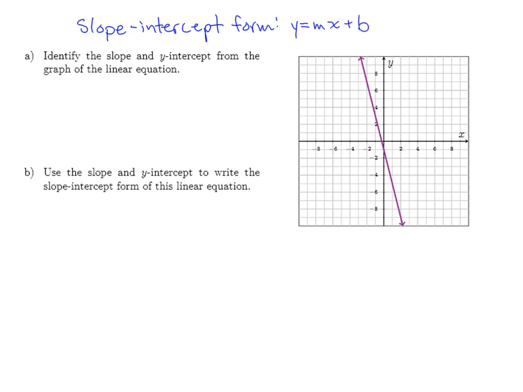So looking at this graph, we're going to want to find a couple of points, and as we look at it, we want to be certain that these are points on the graph. If we pick something almost on the graph, our slope won't be accurate. So I'm going to look for places that this line intersects a couple of grid lines, and that'll tell me where clear points are. So looking at this line, I can see the point (-2, 7)